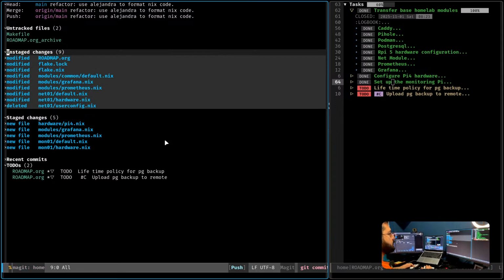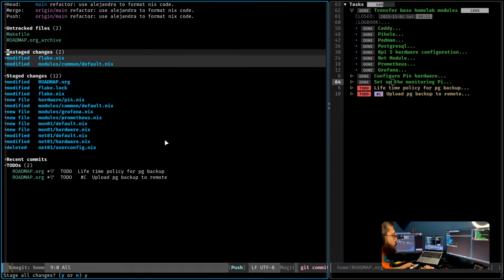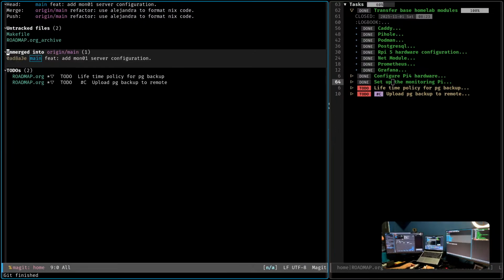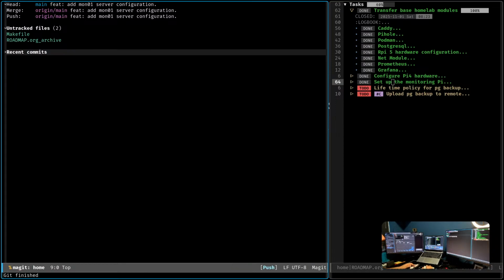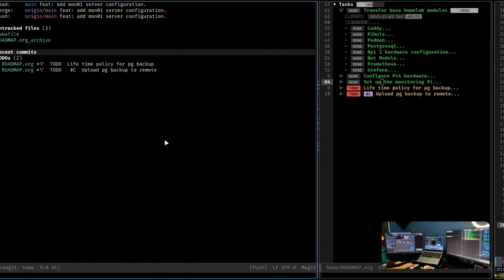Okay, let's commit all of them together so I can see what's wrong. Yeah, git add mon01 server and push it. I think this is good for today.